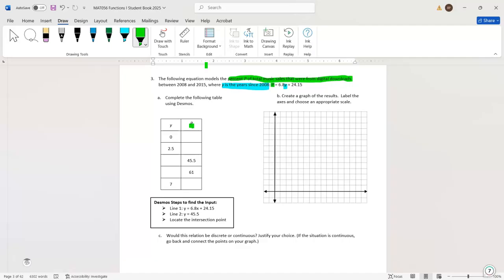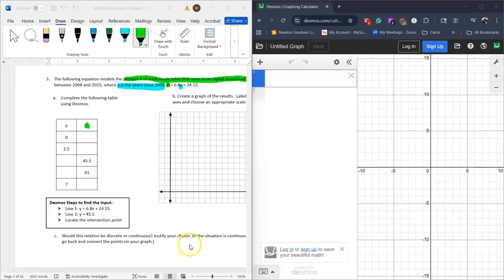And so we want to use Desmos to help us with this. I'm going to split my screen here so that you can see both. Okay, so now we have this split screen, so you can see Desmos, and again, you can just go to the Desmos calculator, or if you're using your phone app, you can use the graphing app. We want to put in line one the equation, and if you recall, Desmos only understands x's and y's, at least for now, in terms of our inputs and outputs. So we want to do y equals in line one,